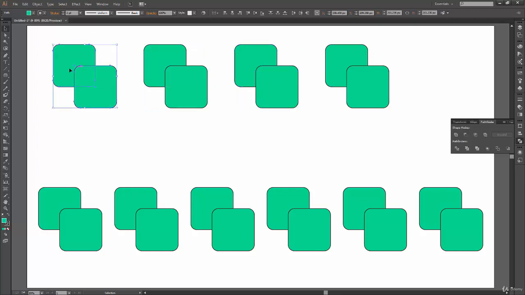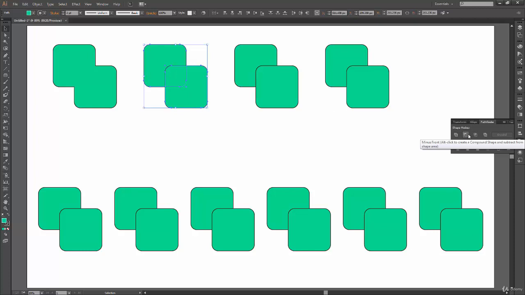So let's select these two shapes first, and we'll click on unite. And since we have seen this unite already, we know how it will work. So yeah, it has united our two shapes, or you can say it has combined our two shapes together, and the intersection part between both of them is common to this shape now. Okay, now select another set of shapes, that is these two rounded rectangles.